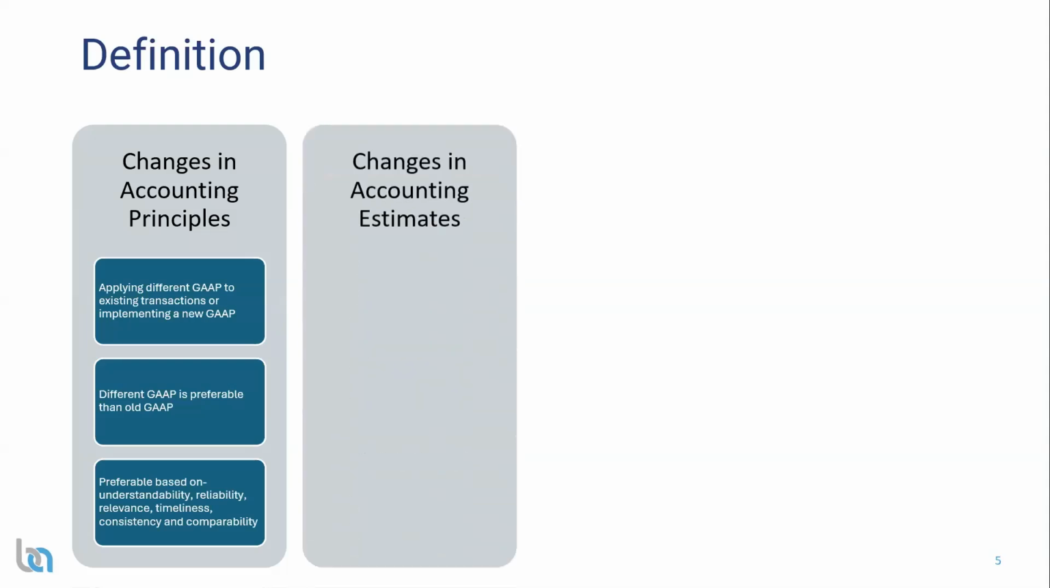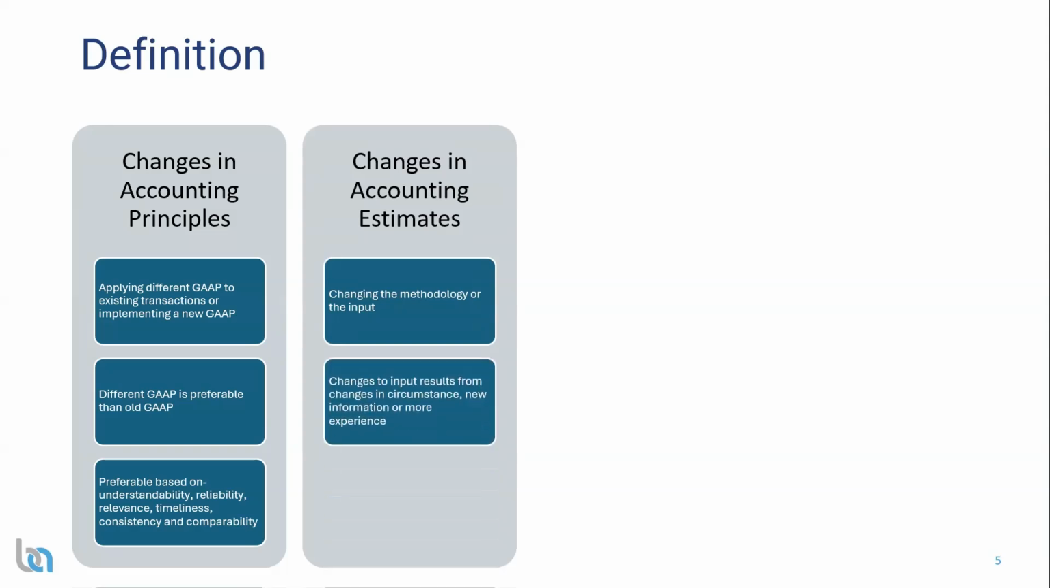You can also have changes in accounting estimates. And changes in accounting estimates normally happen either by having a change in the methodology of how you're calculating the estimates, or a change in the input itself, the factors that go into calculating the estimate. Normally, a change in the input results from changes in circumstances, new information, more experience, and so on. So for example, if you're looking at your pension, the inputs are things like, okay,